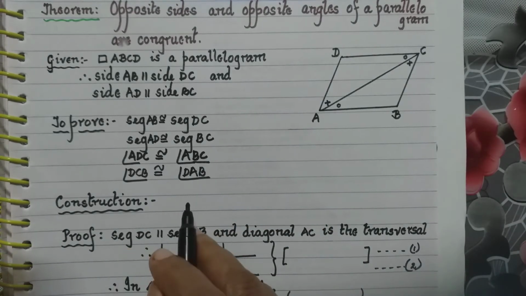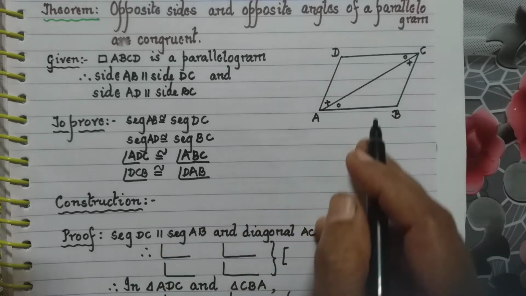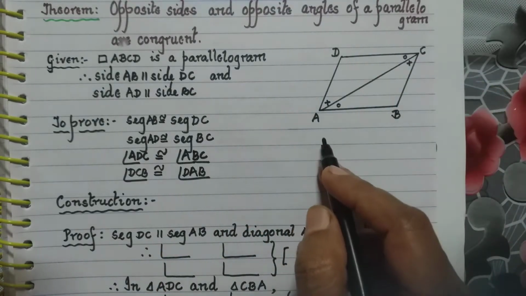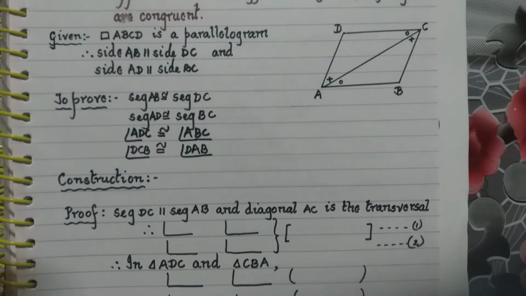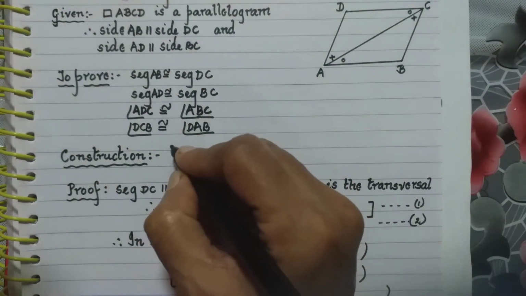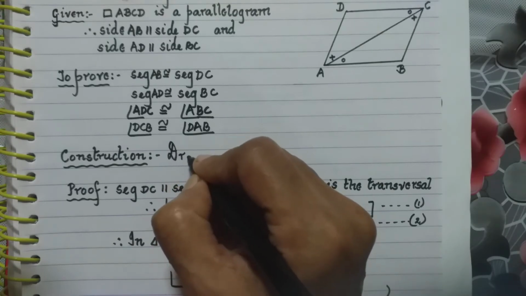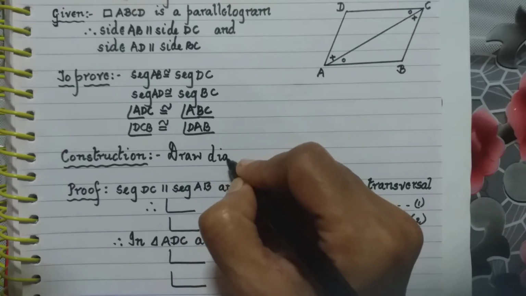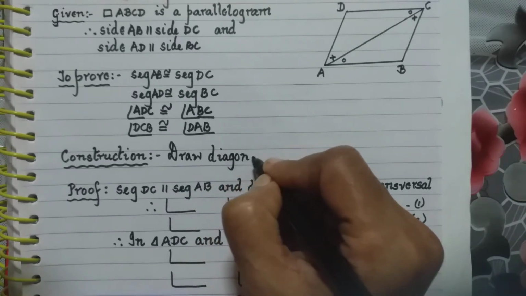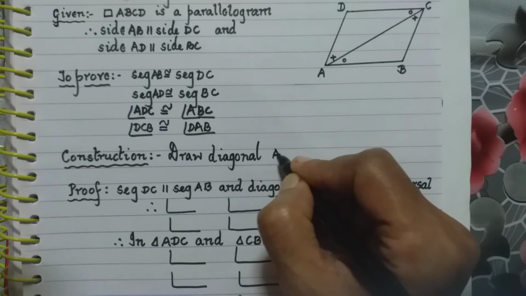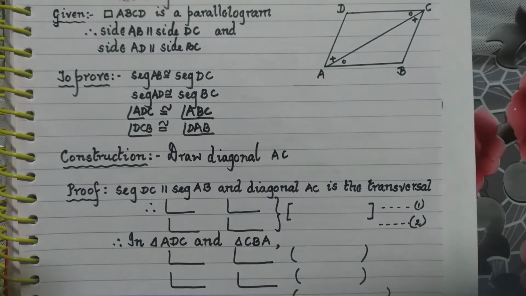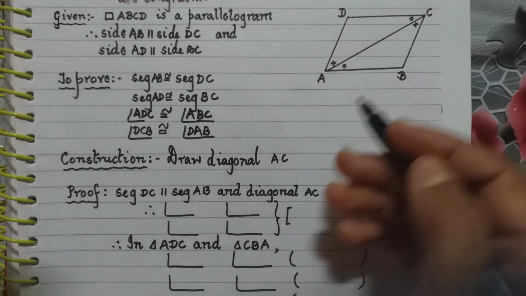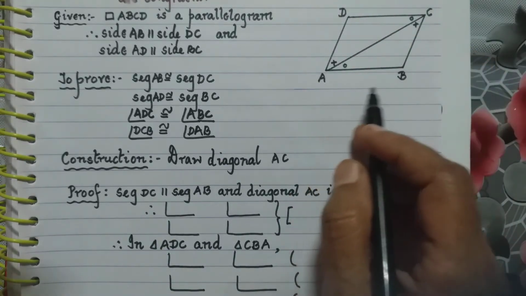Okay, now we also have one construction here. The construction is to draw this diagonal. So we draw diagonal AC. Now we prove. In the proof, first we say that we know that here segment DC is parallel to